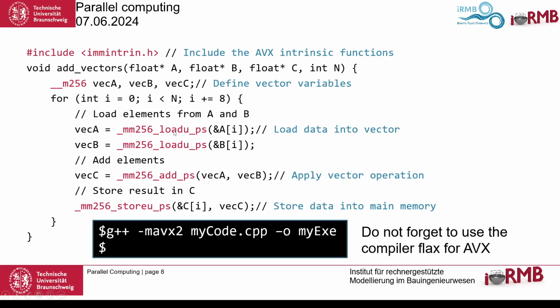And in this case, we take this load function, which looks a bit strange: _mm256_loadu_ps. So what does this mean? Okay, we are loading 256 bits, and this u means we are loading